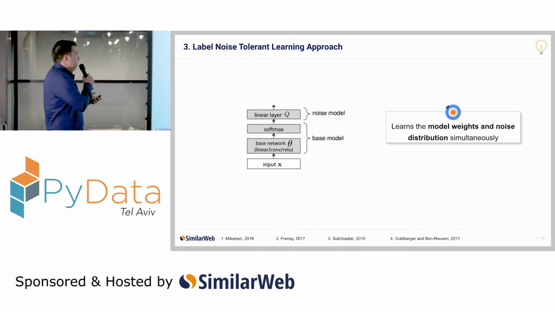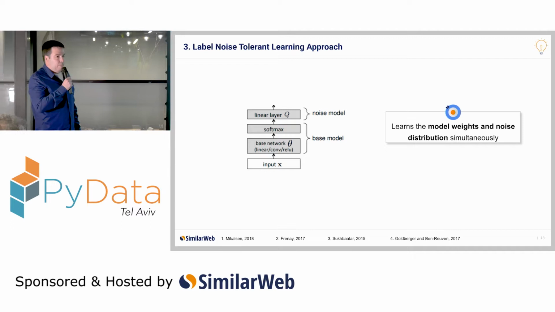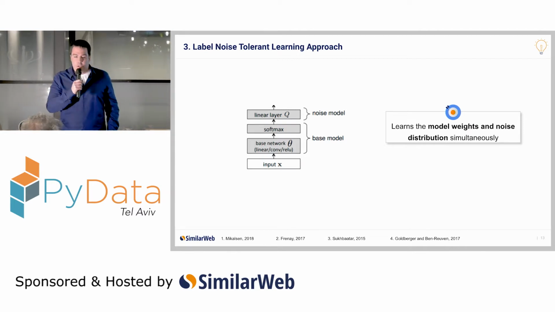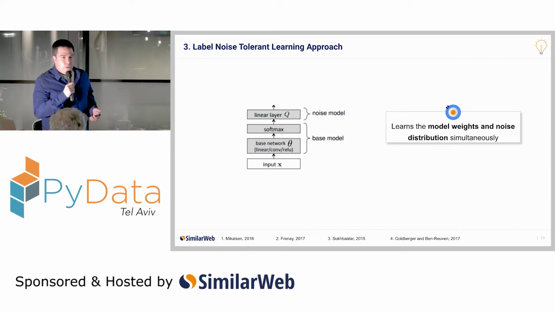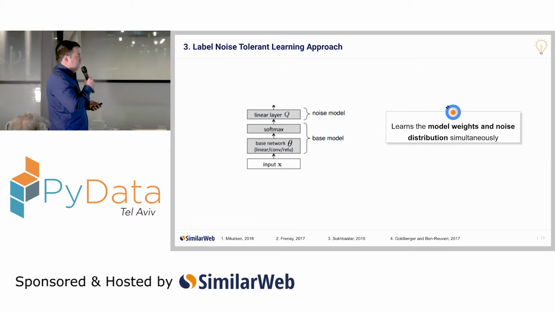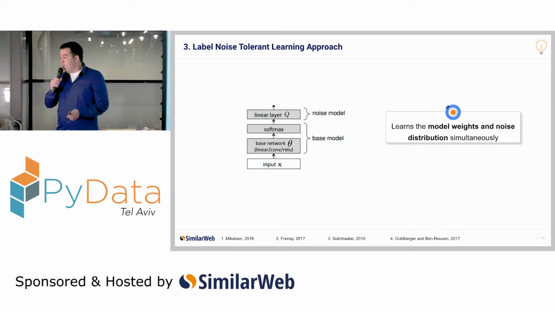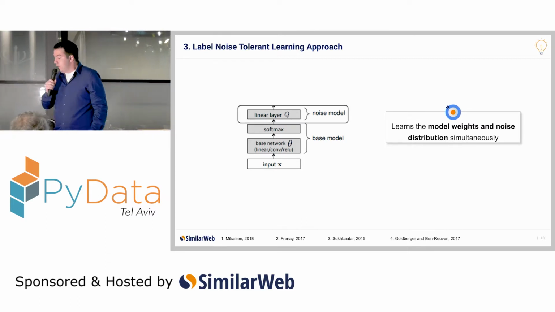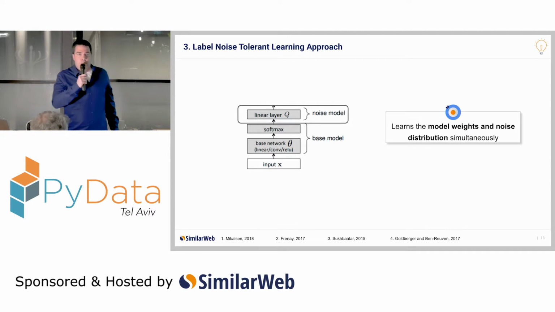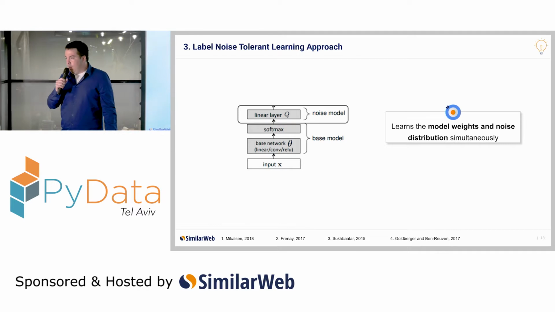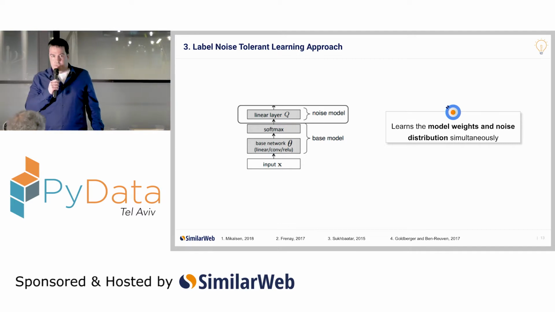I added one example of a machine learning pipeline which incorporates a model prediction and noise distribution parameters learned simultaneously. In this example, in order to handle the presence of label noise in the data, the researchers have added a noise layer, which is the final layer of the neural network, which depicts the contamination process.